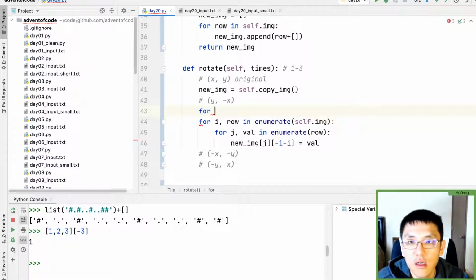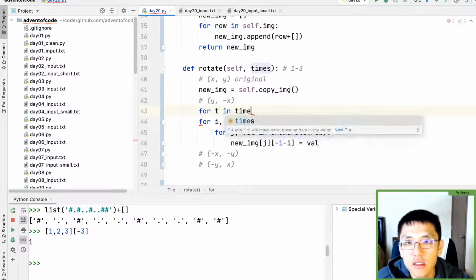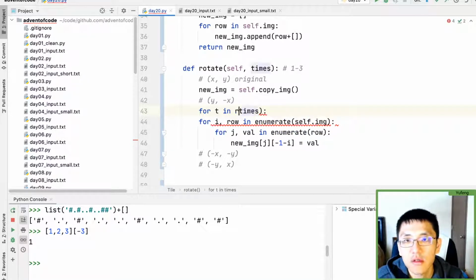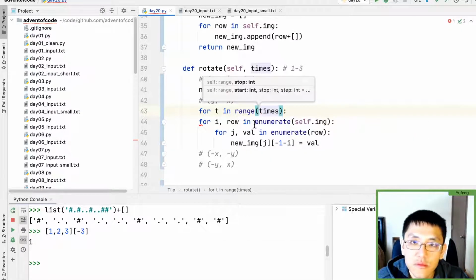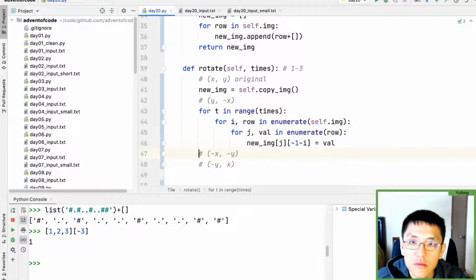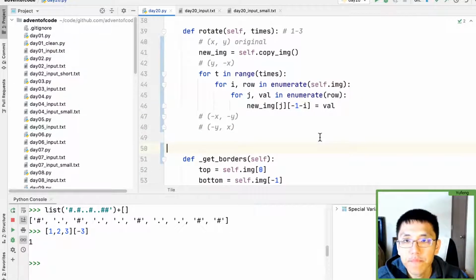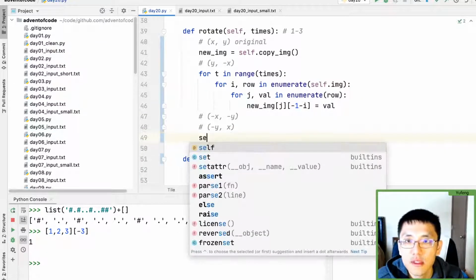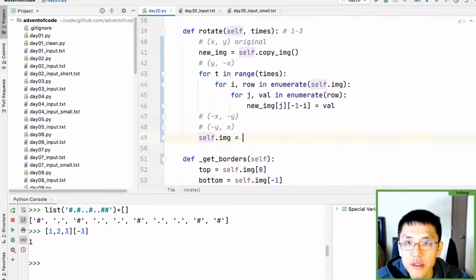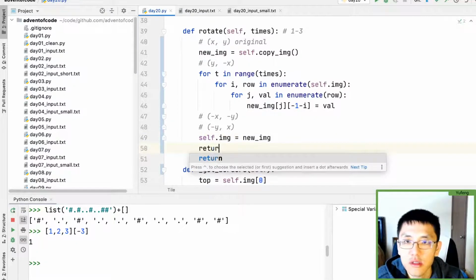So for time p in times range, like that. And then at the end of it all, we want to set self.image to be this new image